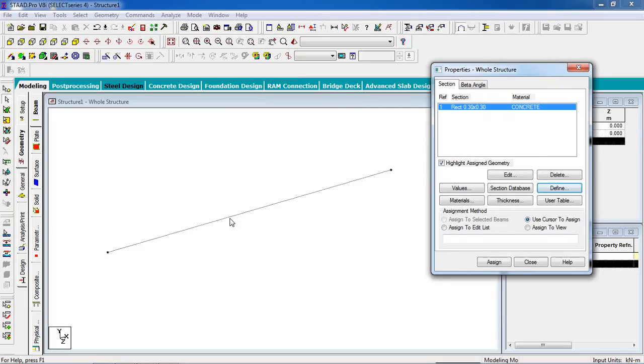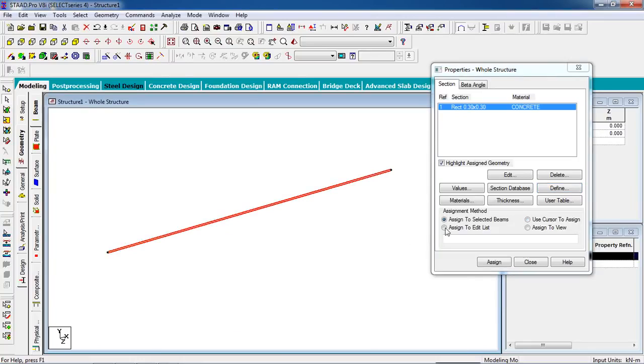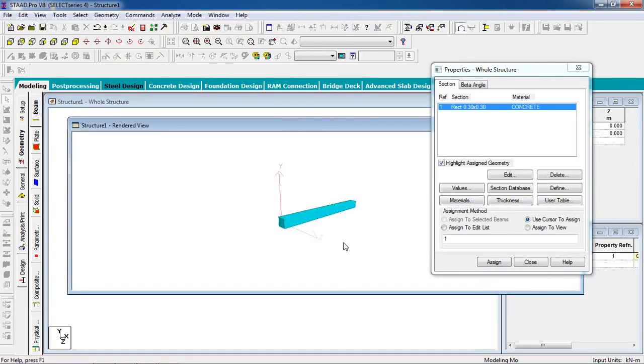Now give the property to the beam. Click on beam cursor and select the beam and click on assign to selected beams, then assign, then yes, the property has been given. You can check by 3D view. See,